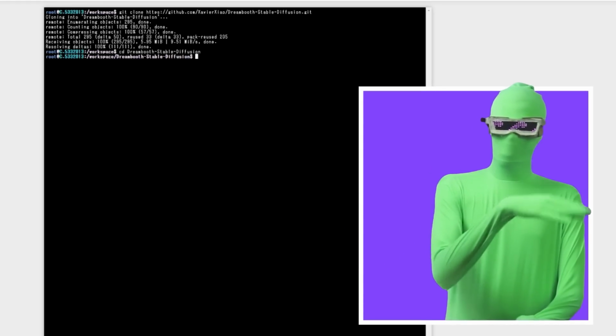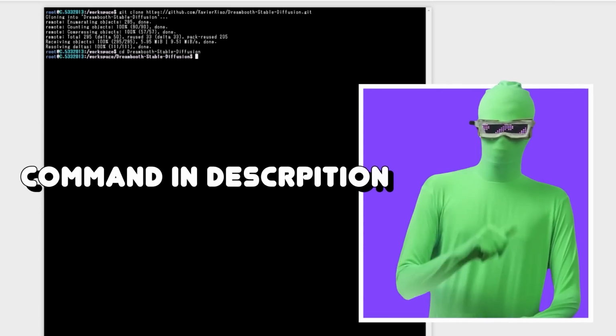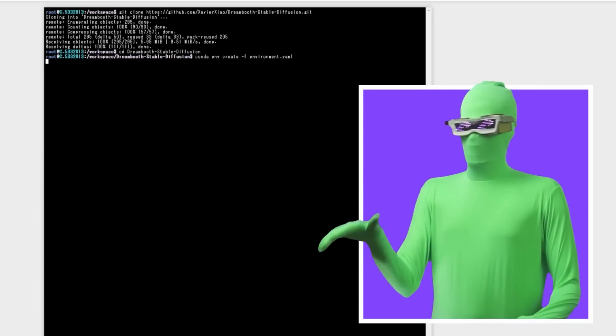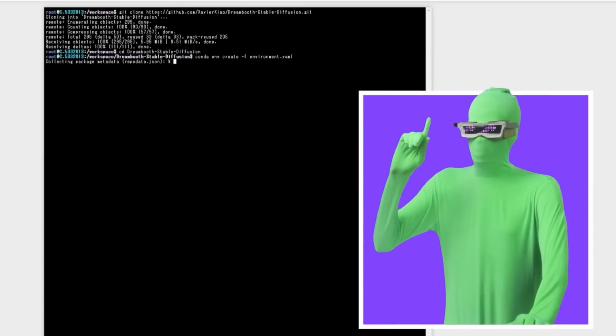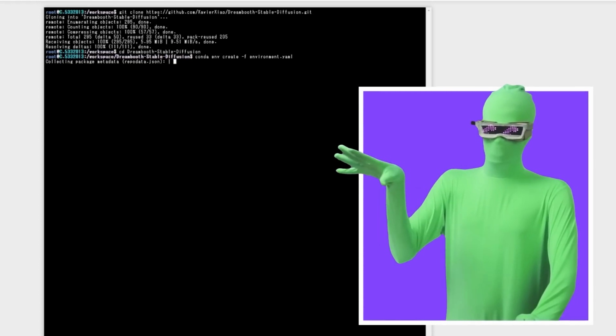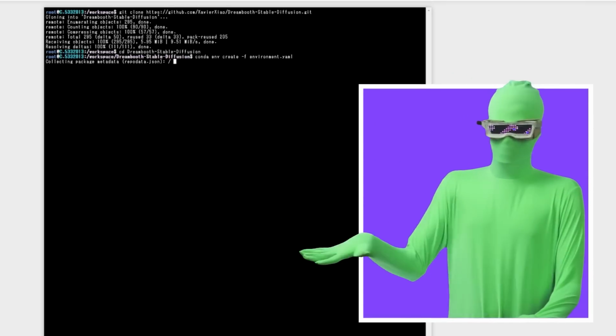Enter. What you're going to want to do now, this command, which should be familiar to you if you've already installed Stable Diffusion on your local system. I'm going to take this, paste it in. Remember, all the commands in order in the description. Enter. So now this is going to start downloading all the files. Remember, you need to make sure you're in the DreamBooth folder to do this, okay? If you don't do this, it won't find the file. So make sure you're in the DreamBooth folder before you do that. But you should see that it's doing this here. It's downloading the files necessary. This is going to take a little bit.